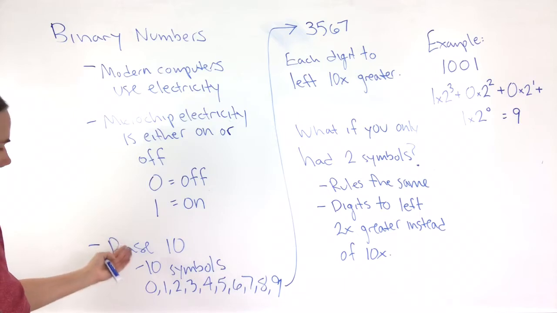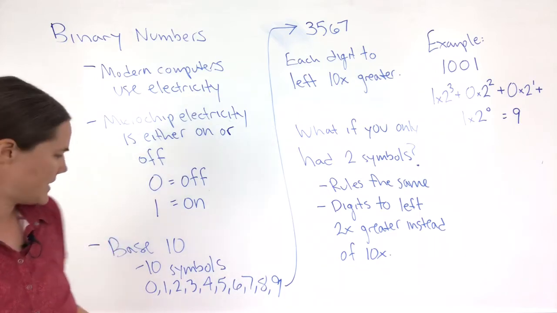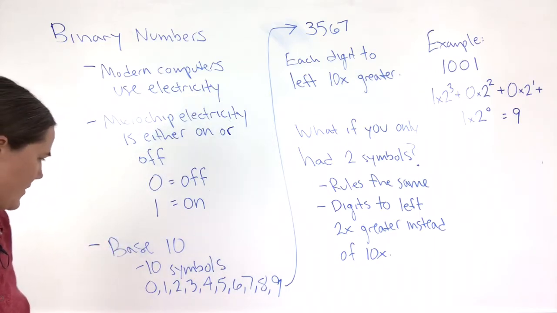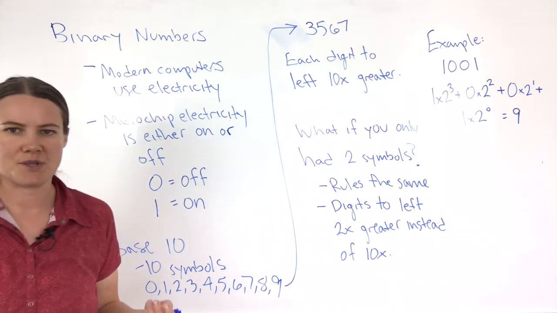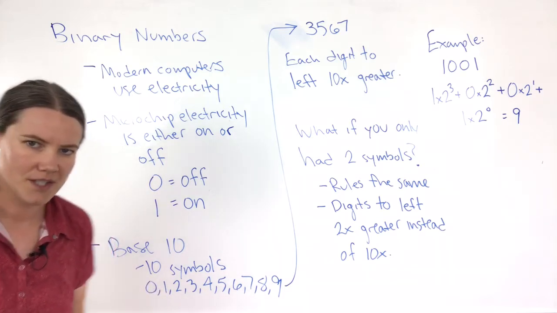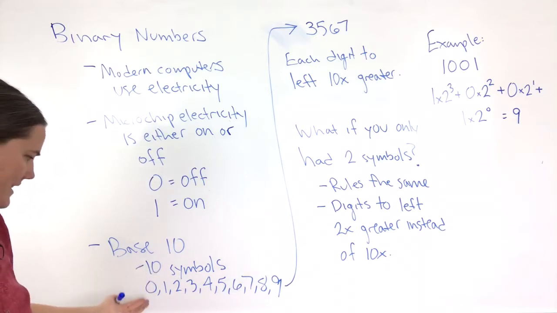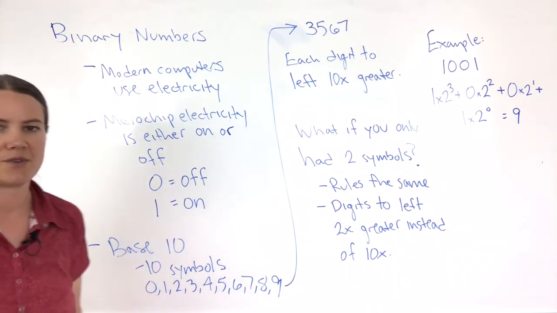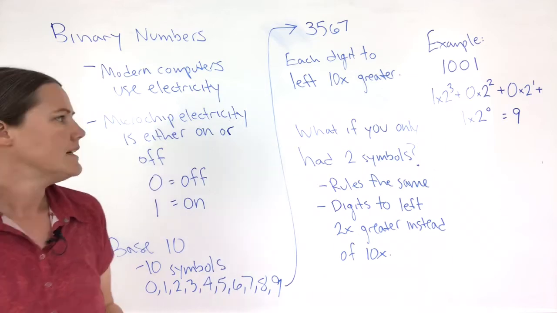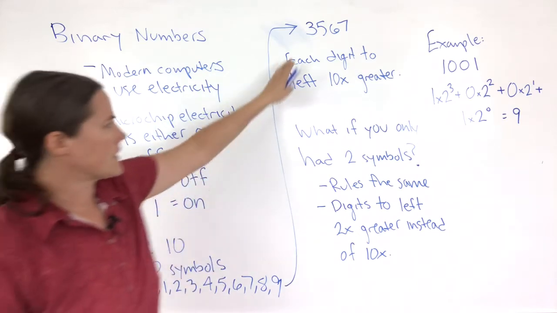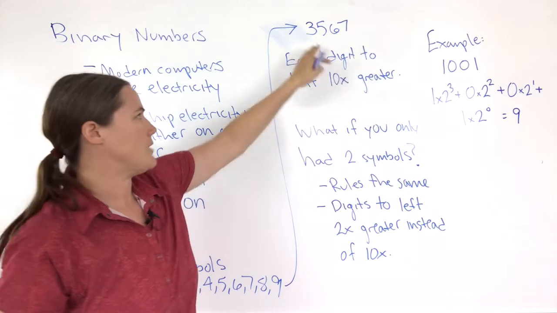So in order to understand binary, it's helpful to review base 10 real quick. Base 10 is the number system we're used to, the decimal number system. And base 10 has 10 symbols, so we have 0, 1, 2, 3, 4, 5, 6, 7, 8, 9. And just looking at an example decimal number,